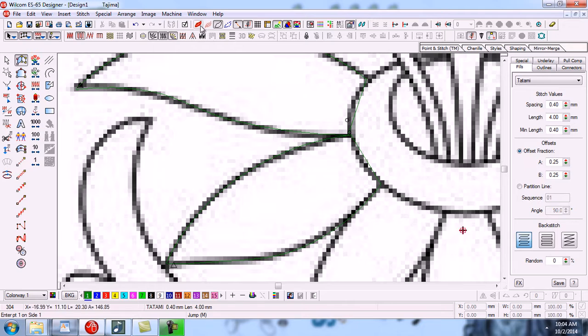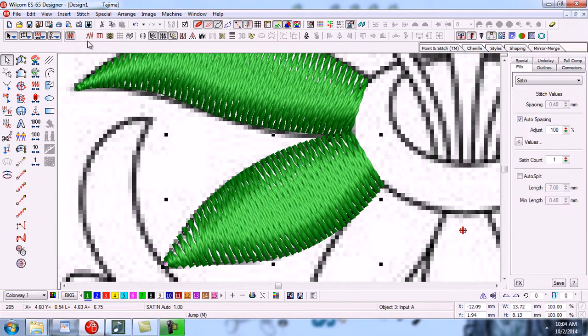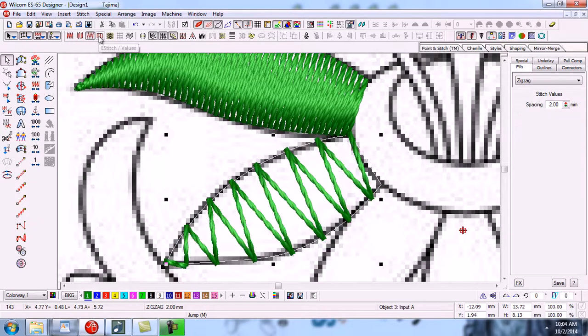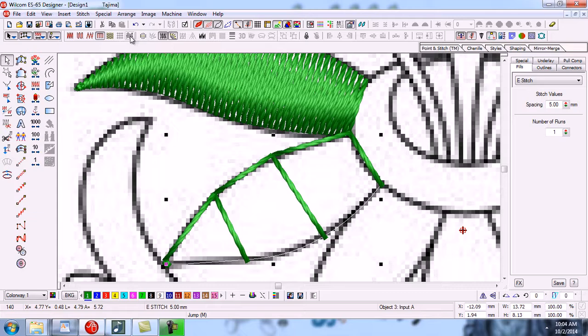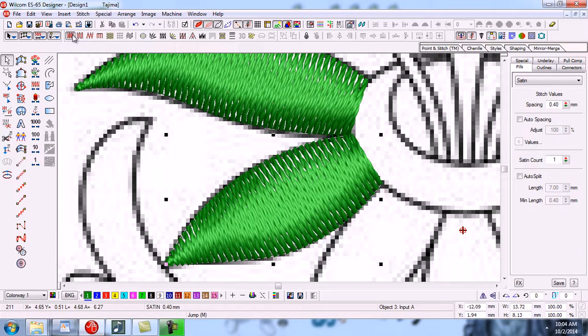If you turn on true view, you can see that the object has been made. And this object we have made in tatami. We can also make it in satin or zigzag or e-stitch value or counter type of stitch. So it depends on you in what type of stitch you want to make your object.